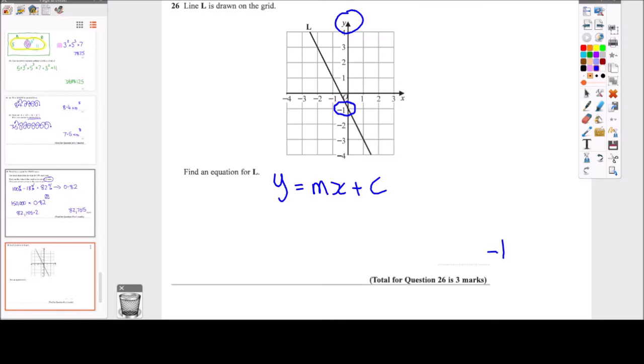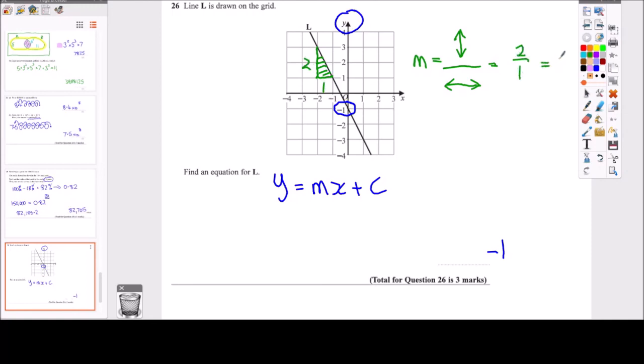Now m is the gradient, that is the slope. So to work out the slope, we need a triangle of our choice. So choose a triangle that's going to give you whole squares only. So I'm going to go for that triangle there. Now to work out the gradient, it is the y step, which is the height of the triangle, divided by the x step, which is the base of the triangle. So that's going to be 2/1,